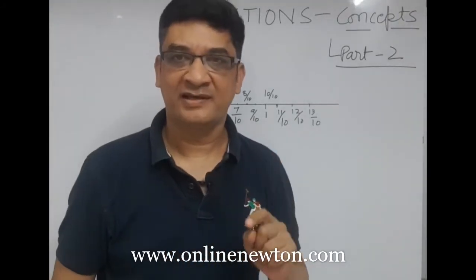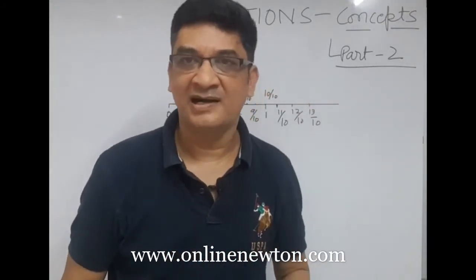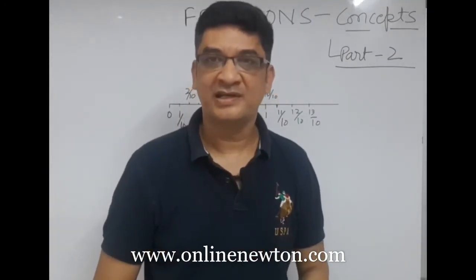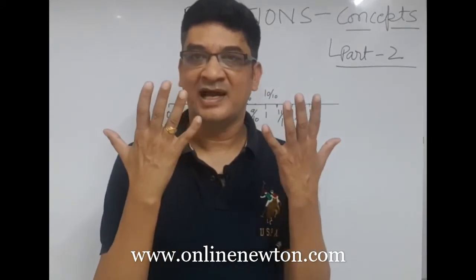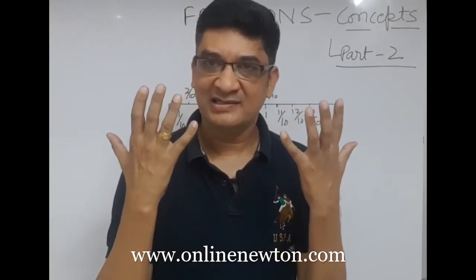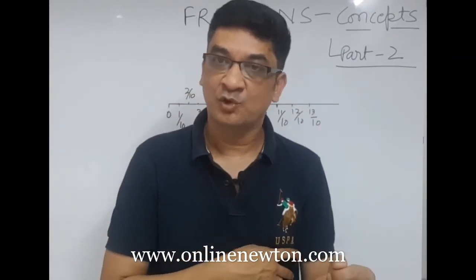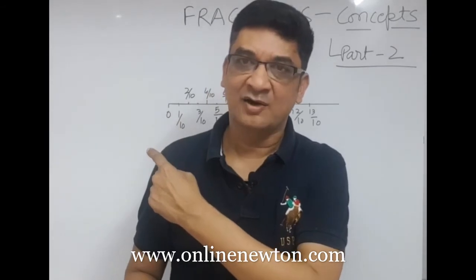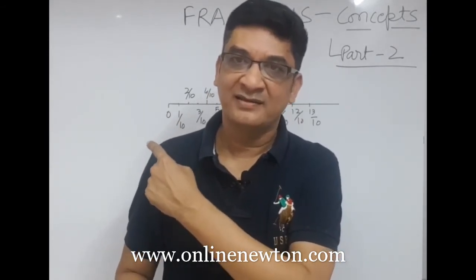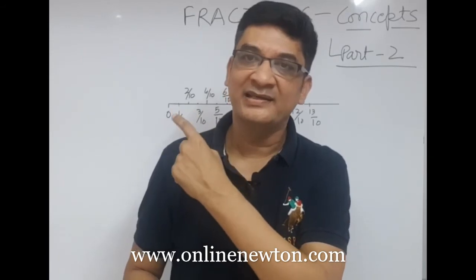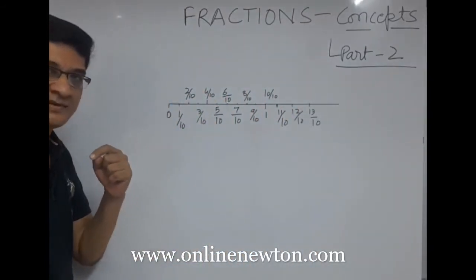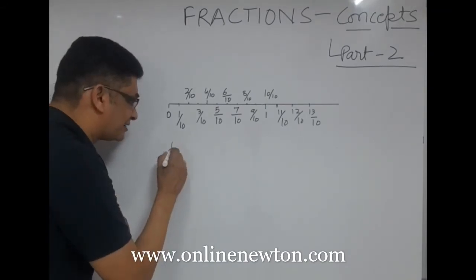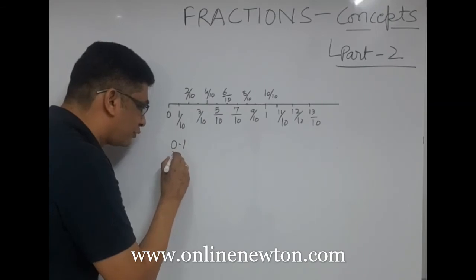There is one more way of writing these equal parts when we divide into 10 equal parts. Friends, we have 10 fingers and the decimal system is based upon base 10. So there is a special representation of writing these parts or these fractions when they are divided into 10 equal parts. And what is that special way of writing? So first part is 1 by 10. We write it as 0.1.